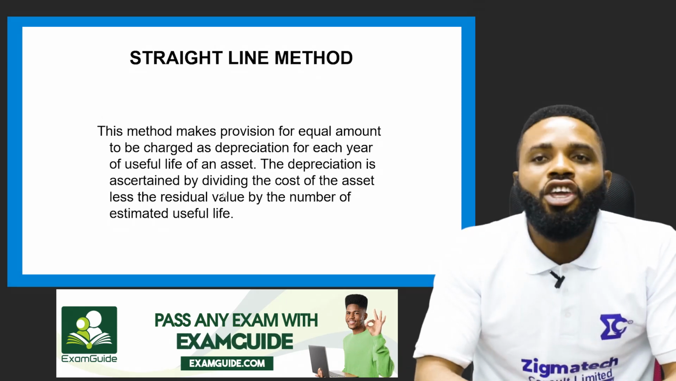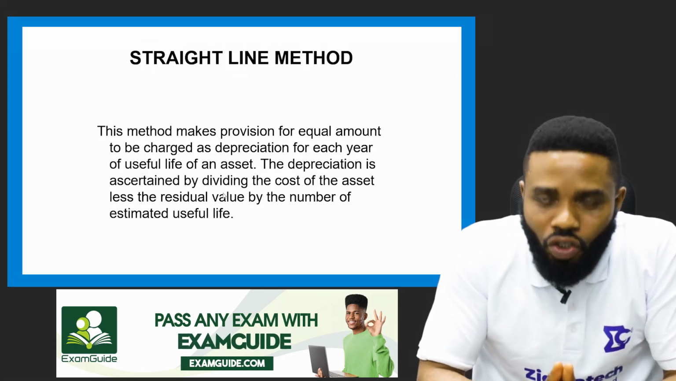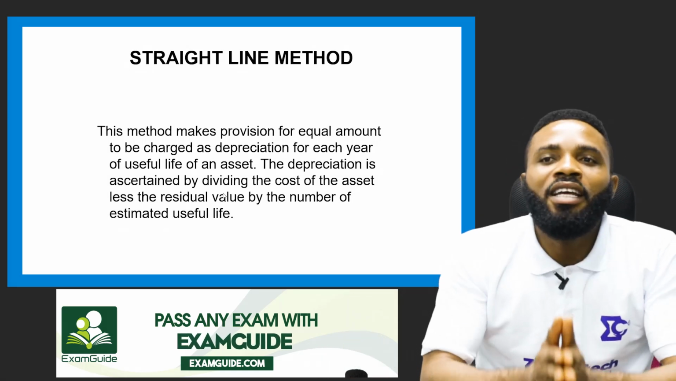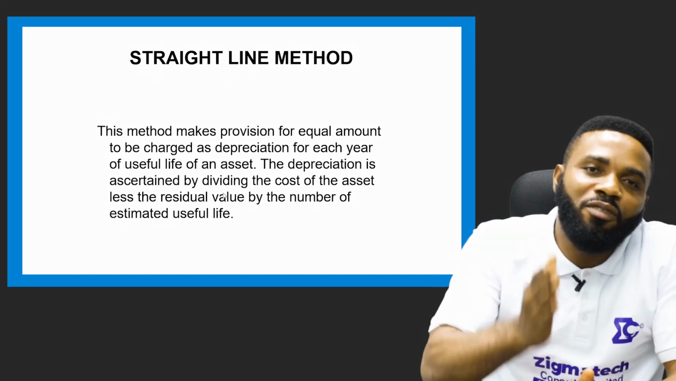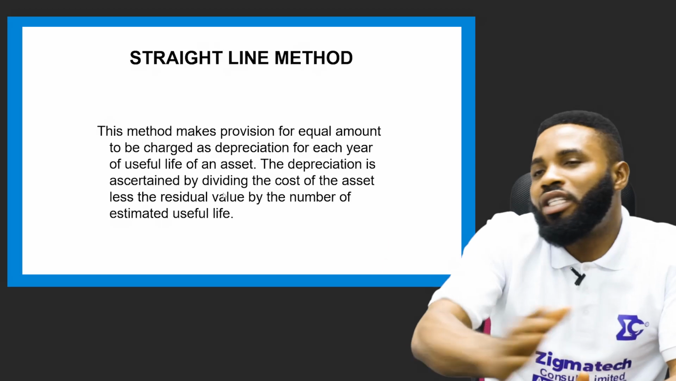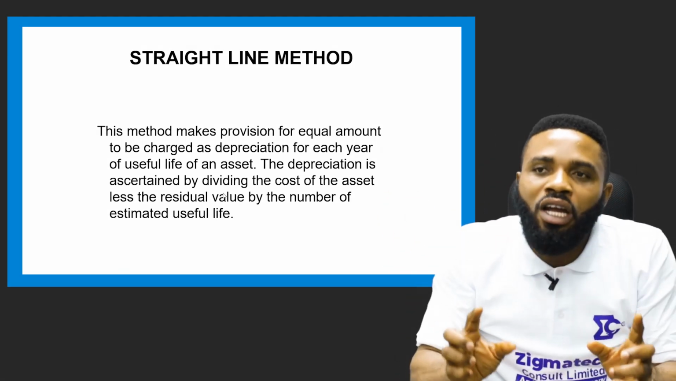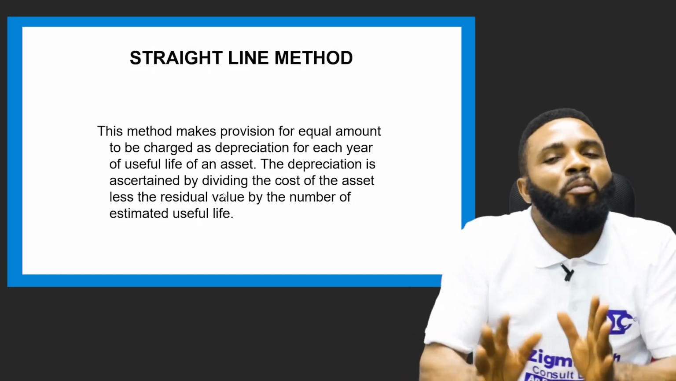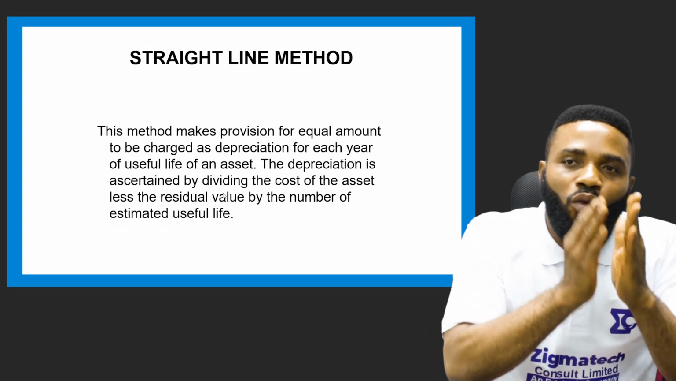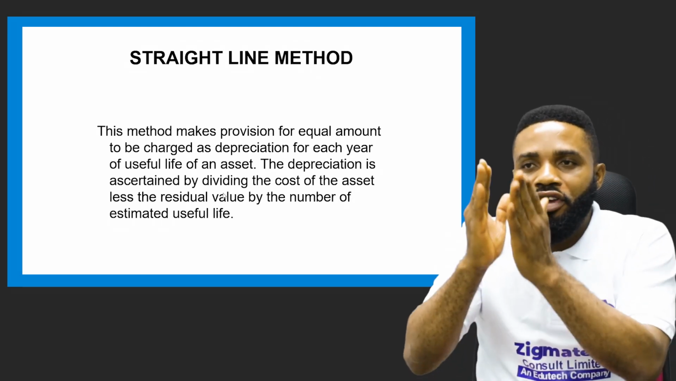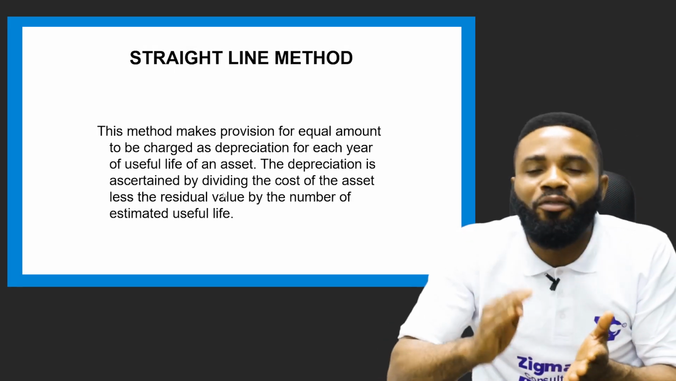What am I saying? If we have arrived at 20,000 as the depreciation of the asset, and the asset is expected to last for 10 years, that 20,000 is going to be used for the whole period the asset will last. There will be no alteration, no change, and no compromise on that amount. 20,000 will be charged in year 1, 20,000 in year 2, 20,000 in year 3,